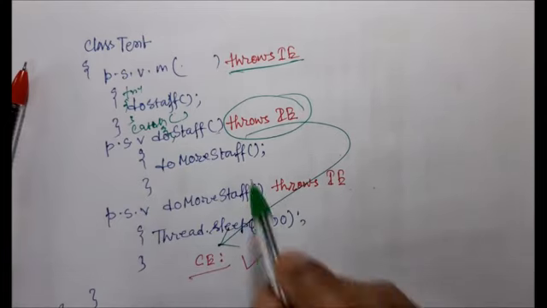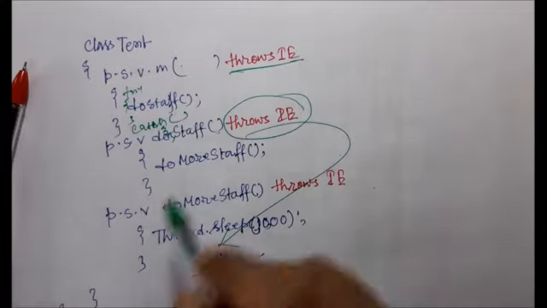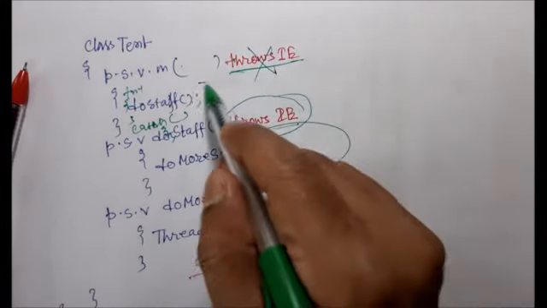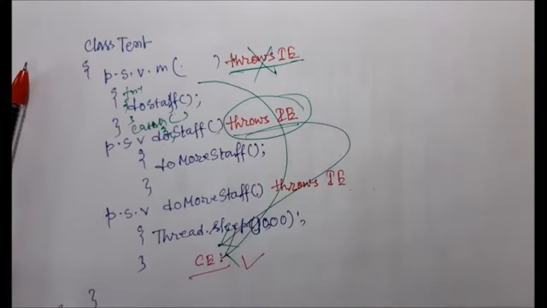I will get the compile time error here, because it is not handled. Even if this method is handled, but this method is not handled, then I will get the same exception here. So at every step I have to handle it. And the exception is an unreported exception, because you have not reported this exception class.